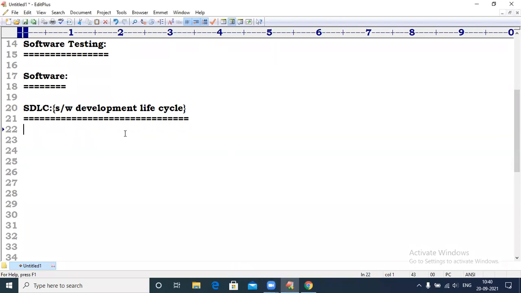So here, software development life cycle means, if you are from a computer background, you know; if you're not from a computer background, no problem. The BA will be there. He will take all the requirements. BA full form is business analyst. He will gather all the requirements and make a document as a BRS or SRS or URS. BRS means business requirement specification. SRS means software system requirement specification. URS full form is user requirement specification.